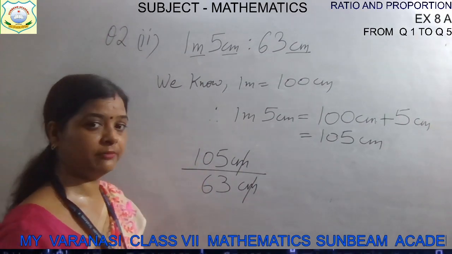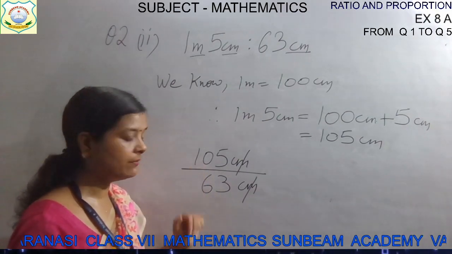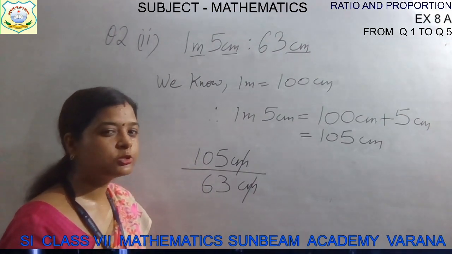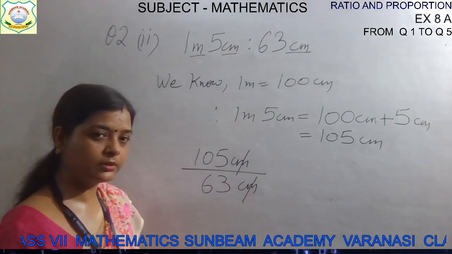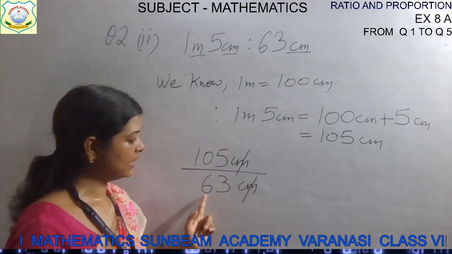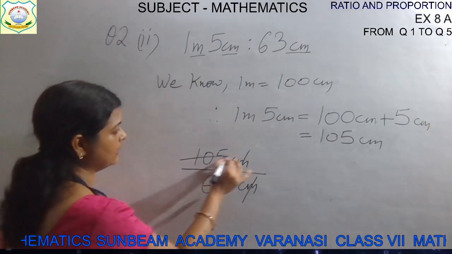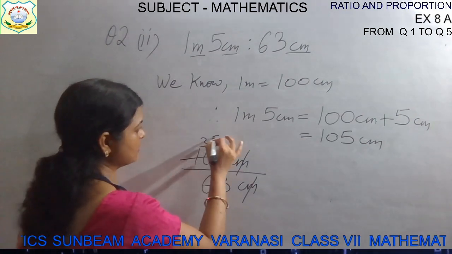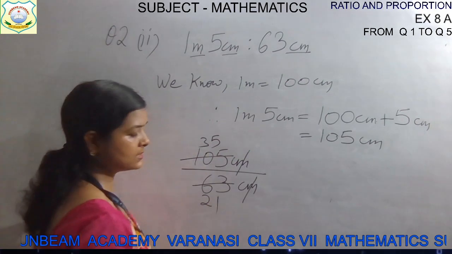And now, how will you simplify it, children? Come on, by which number? It is 105, it is 63. Try it. It can be solved by 3, isn't it? 1 plus 0 plus 5 is 6. Divisibility rule, class 6th. It can be simplified by 3. And 6 plus 3 is 9. Yes, it can be simplified by 3. So, I will simplify by 3. 3 3s are 9, 1 is left. 3 5s are 15. And in this one, 3 2s are 6 and 3 1s are 3.